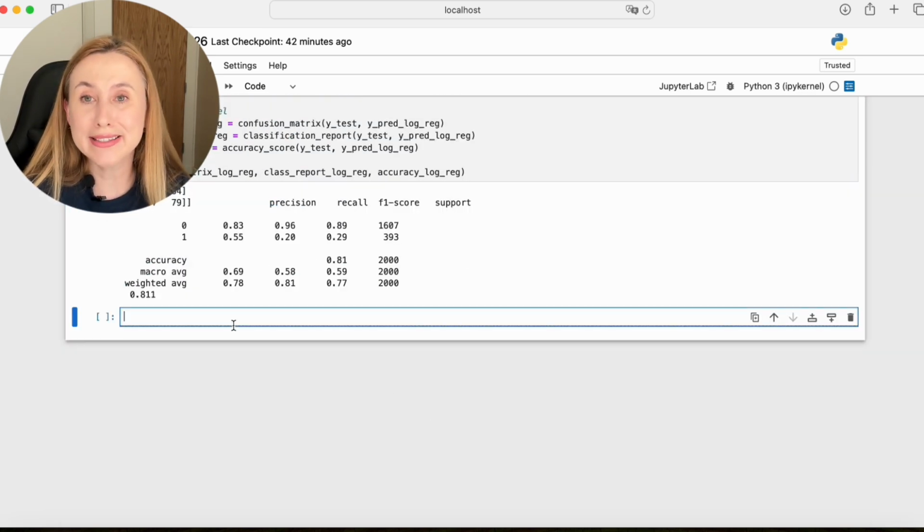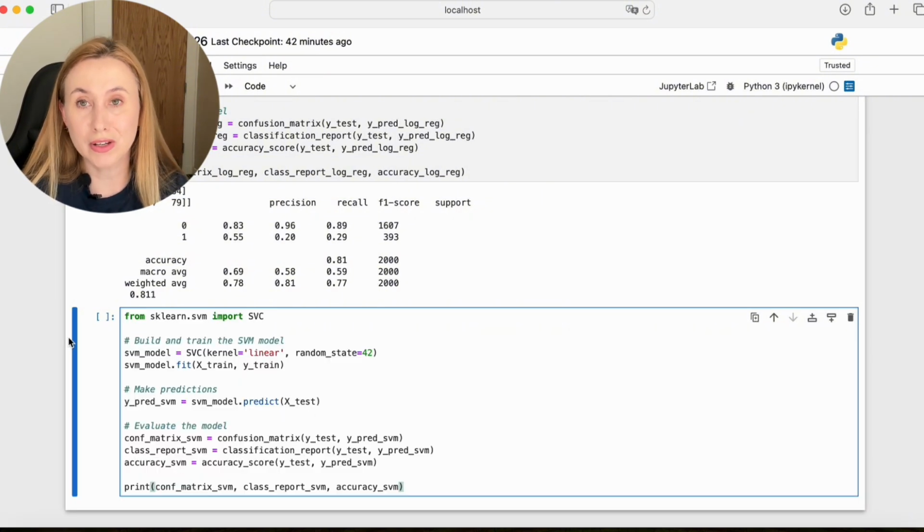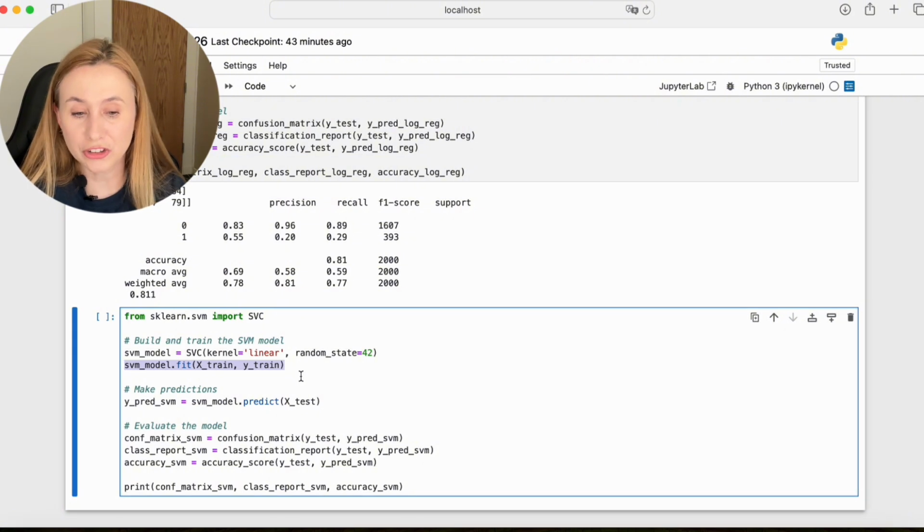Next one, let's apply support vector machines. From sklearn.svm, which is support vector machines, we import SVC, and now we build and train the model. So svm_model equals SVC with kernel linear, random_state equals 42, and then we fit the data into the model. So svm_model.fit(X_train, y_train), and for making predictions we say